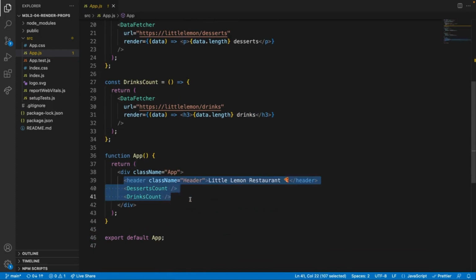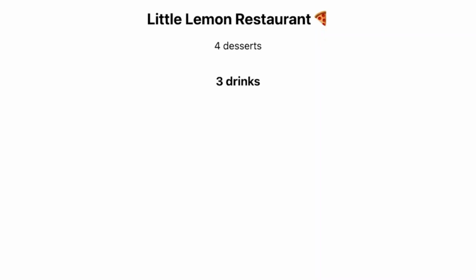Finally, the app component renders both of them, and the results are displayed on the screen. You have learned about another technique you can use in addition to higher order components, which is the render props pattern. Hopefully, now that Little Lemon keeps a live count of drinks, they can replenish their fridge with your favorite refreshments. As the developer for Little Lemon's restaurant application, how could you guarantee that the app you created works as